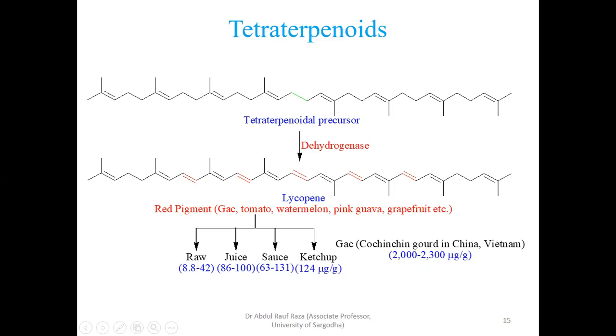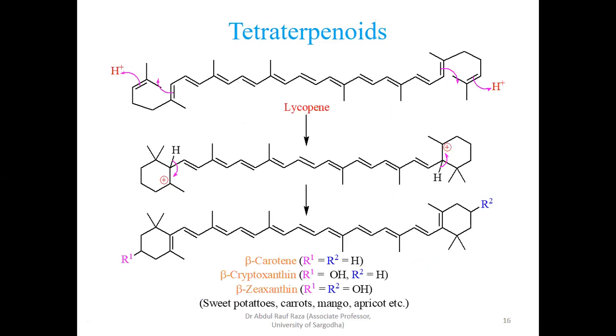Let's say if I shift further, I am going to present a few more examples. This is lycopene. You see these 11 double bonds are in conjugation here: 1, 2, 3, 4, 5, 6, 7, 8, 9, 10, 11 double bonds. There is no double bond here. This is the only one unconjugated. Otherwise, these two conjugations can also be presented.